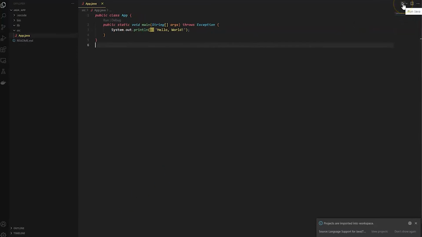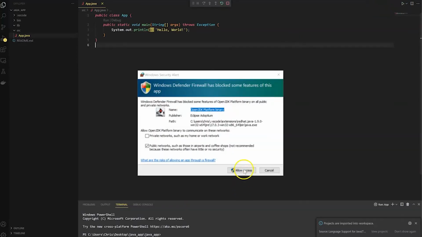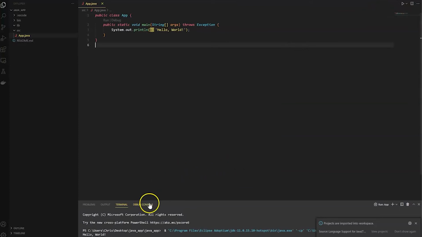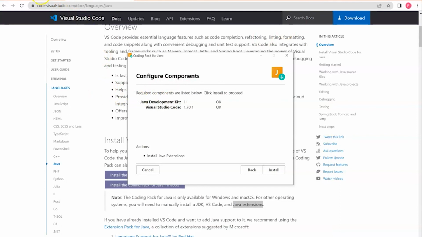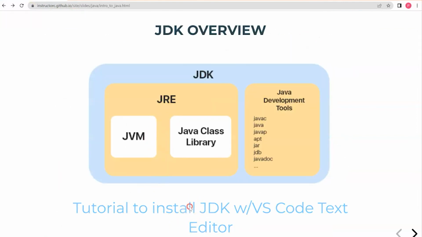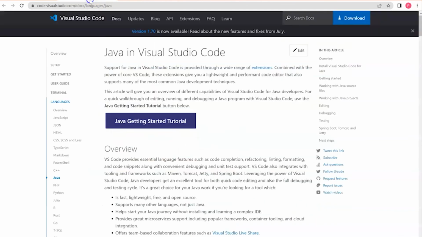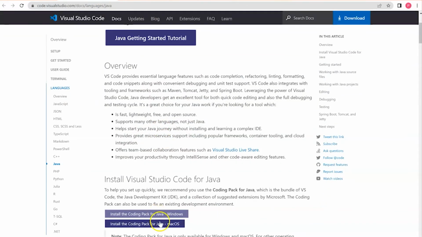One of the things here is you just want to execute this program and see how it runs. You can just press play. You'll say allow access, and you'll see that it brings up the terminal window, and you'll see hello world. Now, again, the whole installation process was essentially just going to this web page from the website, from the PowerPoint presentation. So right-clicking, open, and new tab, and then going down here, whether you have Mac OS or Windows, and that's going to install the JDK, the editor, as well as some extensions that can be used within Visual Studio